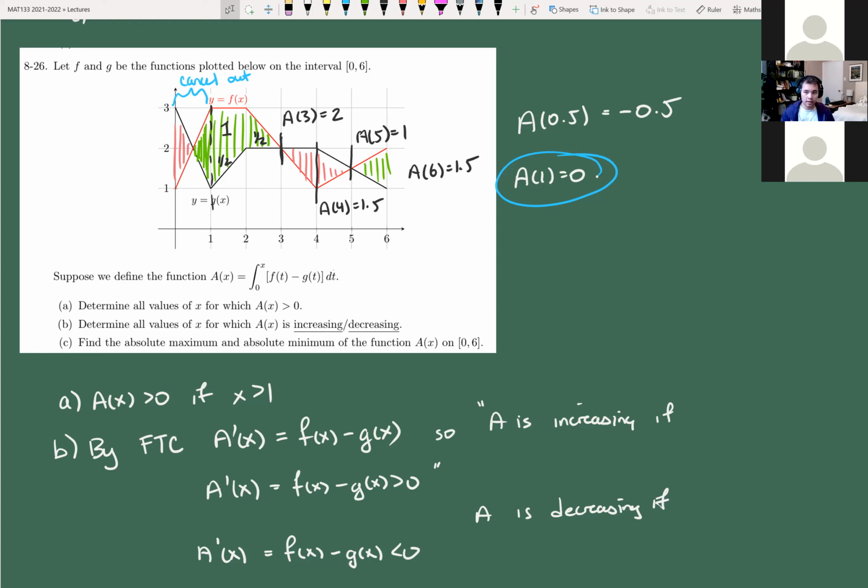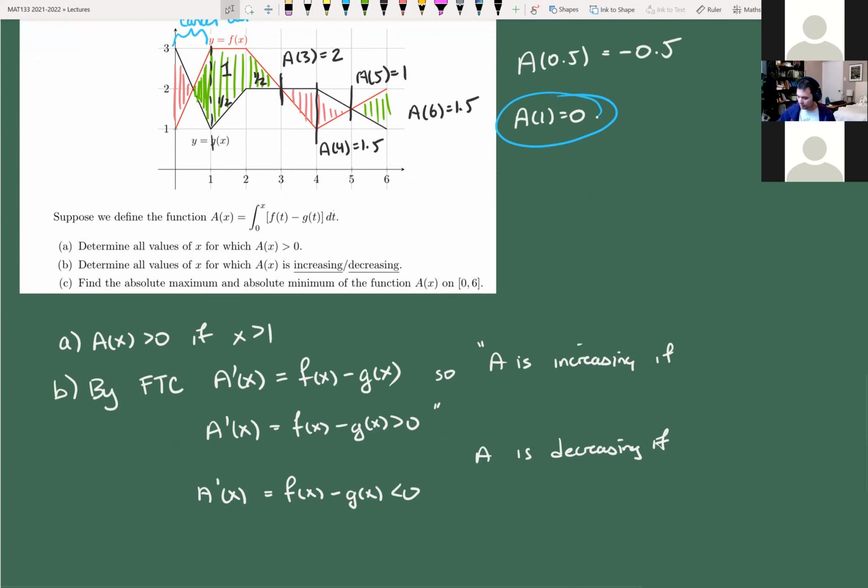It is the area function. Where is that area increasing? Where I'm adding area, the green stuff. Where is it decreasing? When I'm subtracting area, the red stuff. Okay, so that means increasing